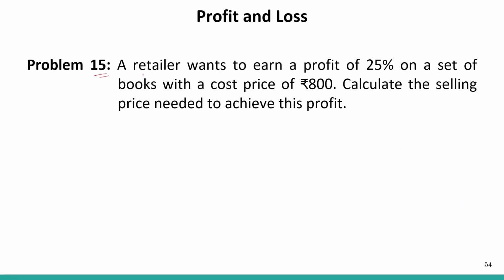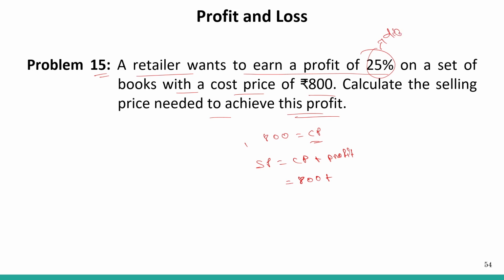So let's see problem number 15. A retailer wants to earn a profit of 25% on a set of books with a cost price of 800 rupees. So calculate the selling price needed to achieve this amount of profit. Okay, so given that CP is equal to 800, okay, he wants to earn a 25%. So SP is equal to CP plus profit, right? So CP is equal to 800, and profit will be what? The decimal form of this. So decimal form